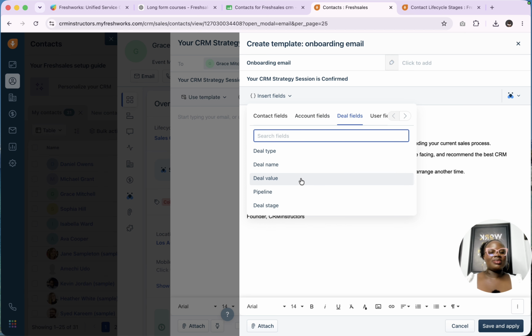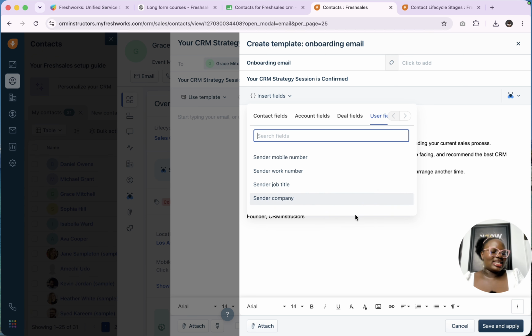Maybe you want to send an email after a deal has been created and say that your project has been created for $10,000. You can insert all of this. You can insert the deal stage, the loss reason, probability, whatever it is you want to use. You can even insert the user field. The user field, like I'm the one sending this email out, so my details can be inserted inside of this